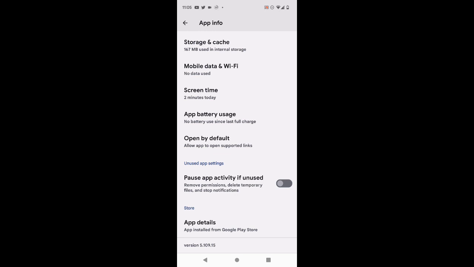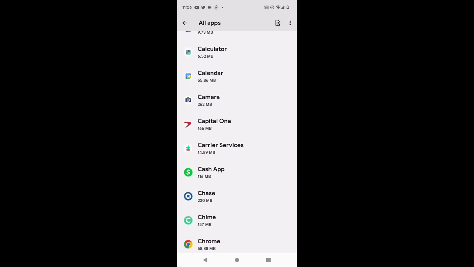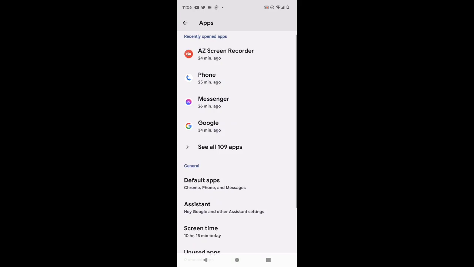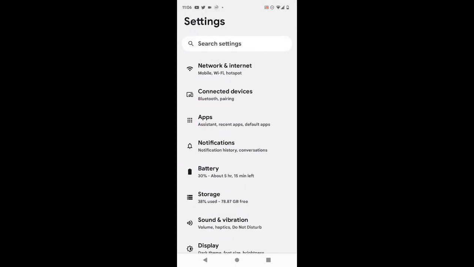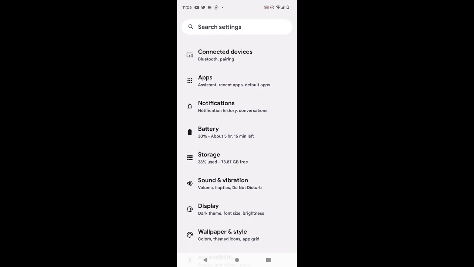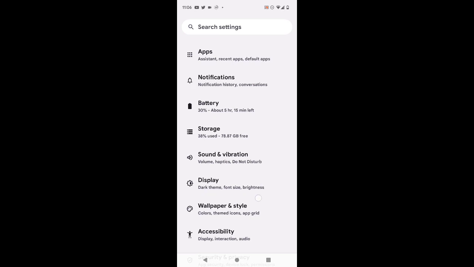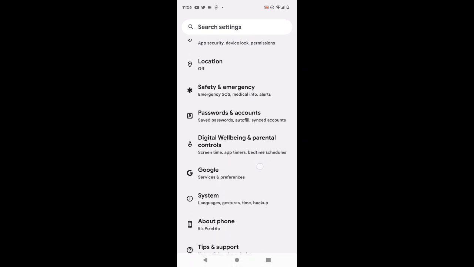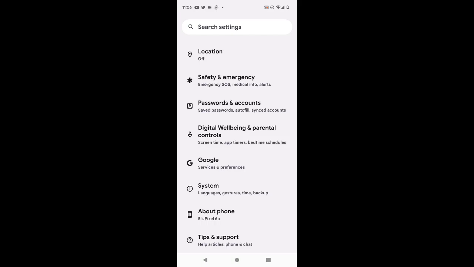All right, I just wanted to point out this important tip for your Google Pixel devices. This works across all Pixels running the latest software. Okay, now let's get into pointing out some other tips here. All right, so let's go back into the settings, right? And now let's go down to system. Let's talk about the gestures here and the different things that the Pixel gives you the ability to do,